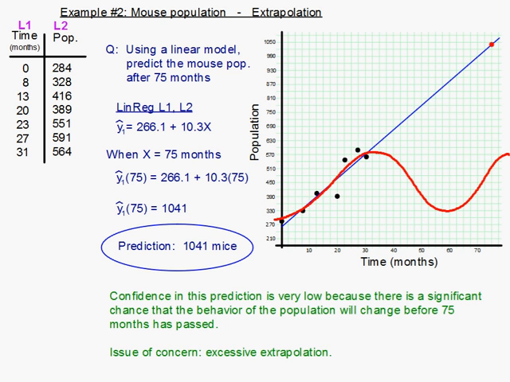Right? There's also the possibility that maybe it's more of a logistic, right? And it just kind of plateaus out. In either respect, because you've gone so far from your data, you simply don't know whether the behavior is going to be the same or is it going to really change like I've shown here. Our third issue